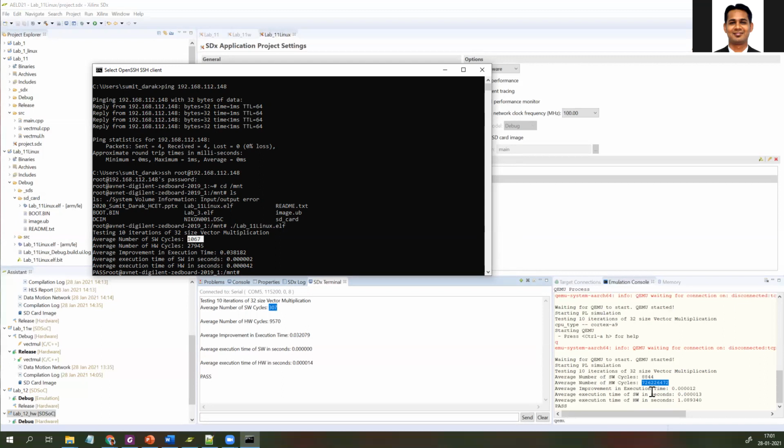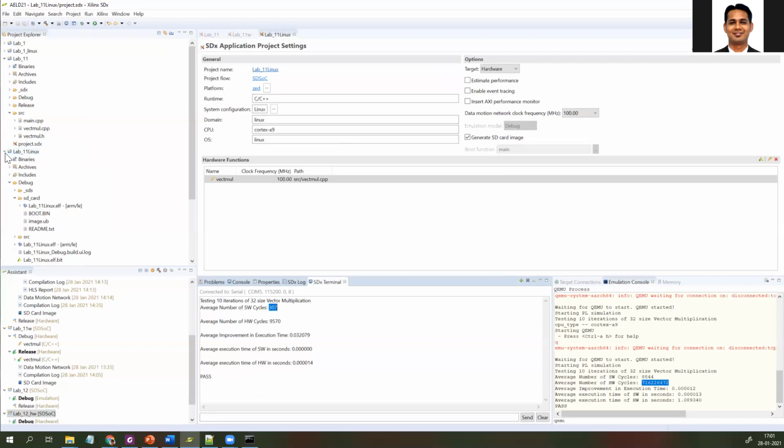Okay, so this is the first outcome, the first observation from lab 2: don't rely on the execution time of the QEMU. It's better to test it on the board, either if you have physical access or if you have network access. Now, the next thing we are going to discuss is the debugging mode available inside your